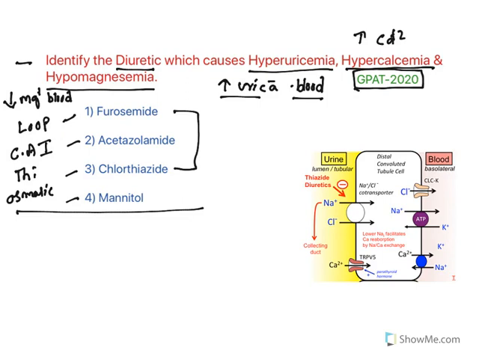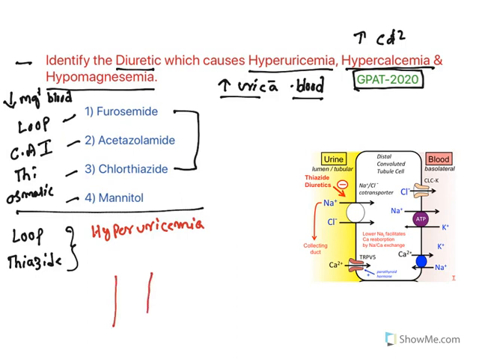Let us understand them. Both the agents, loop and thiazides, will cause a common adverse effect, that is hyperuricemia. Increased levels of uric acid in the blood will occur because of these two agents. Why this happens is, when you see the nephron, there is a pathway by which loop and thiazide diuretics will get into this nephron, and that pathway is known as the organic acid transport system. The same pathway also transports uric acid